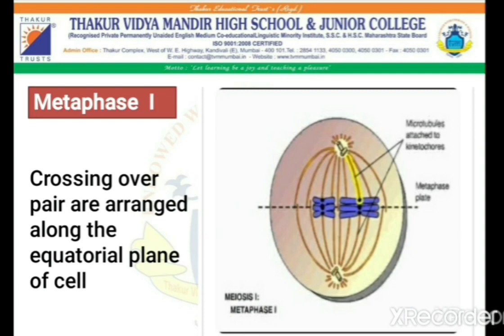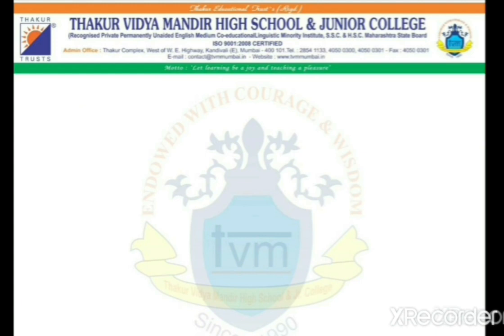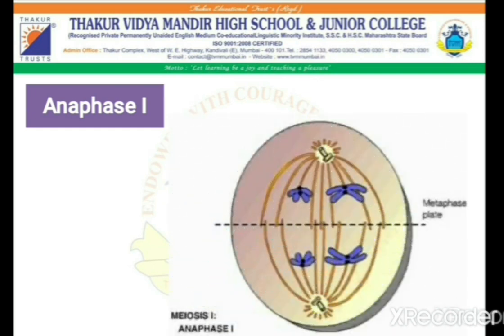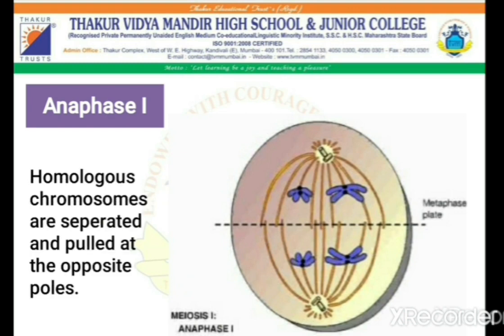Once metaphase 1 gets completed, it gets ready for the next phase called anaphase 1. In anaphase, if you recall in mitosis, the common thing which happens is the separation of the sister chromatids, or the chromosomes. So the same thing happens in this diagram. The homologous chromosomes are separated and pulled to the opposite poles. So the separation has been carried out here, which is continued further in telophase 1,